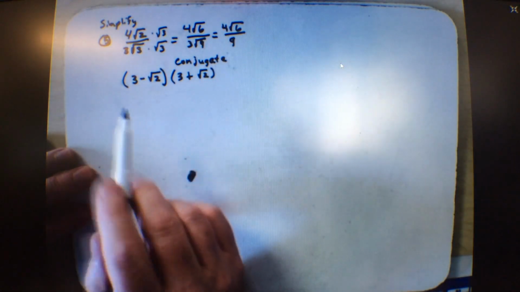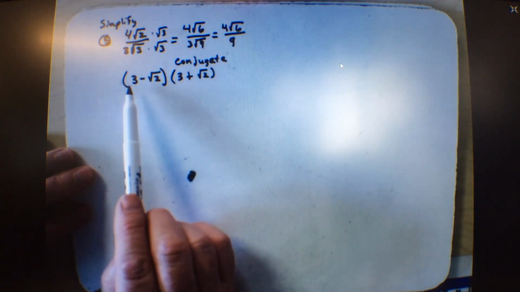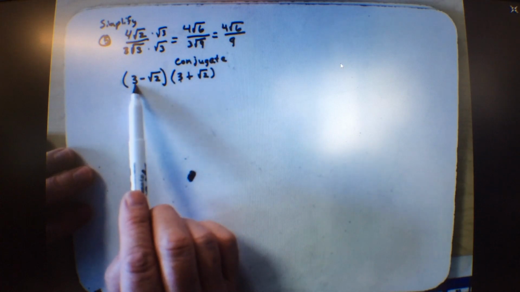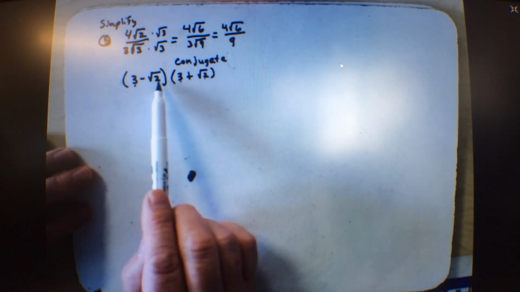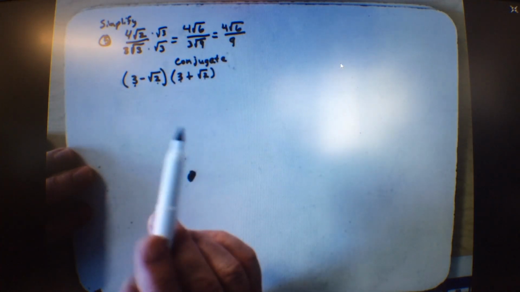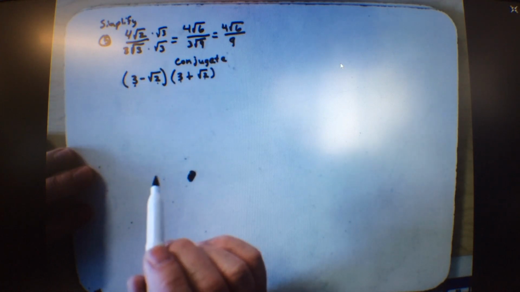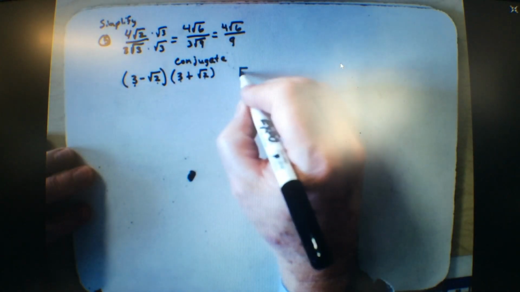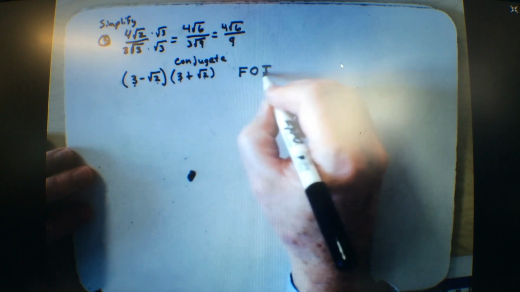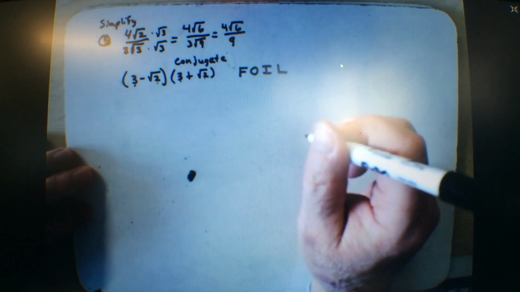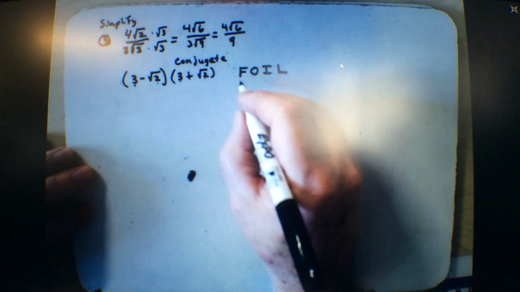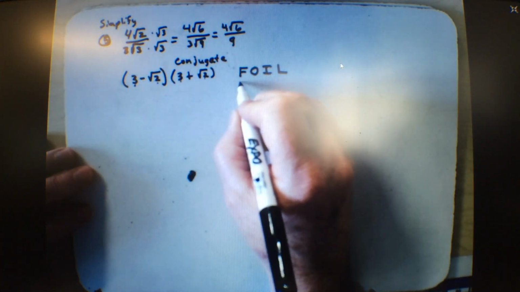So let me explain a conjugate to you. Ryan, these two numbers are the same, and these two numbers are the same. What changes? The sign. Okay, have you guys ever heard of FOIL? Has anybody heard of FOIL? Just Ashley. Okay? FOIL stands for